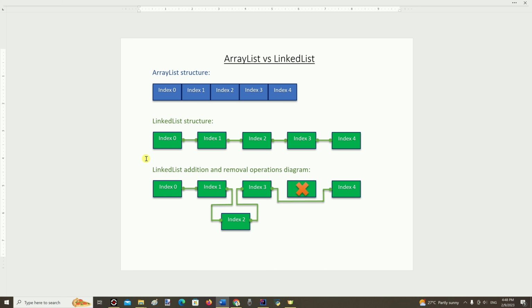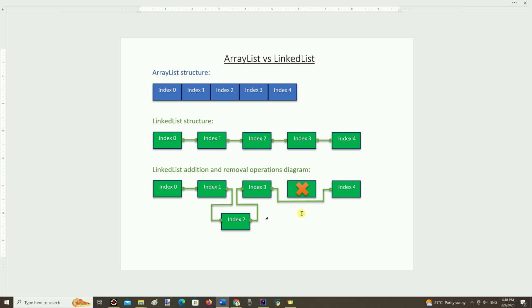And while addition operations, it does not create a new array, it just adds a link to a new element beside the linked list. And while removal operations, it does not remove the element but just creates new links to connect elements from both sides of the element that is marked as so-called deleted, but in fact just bypasses it with additional links.